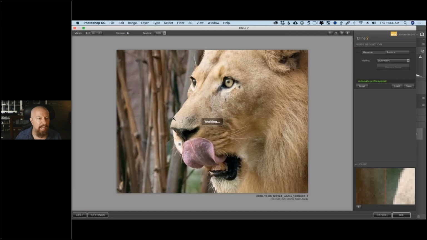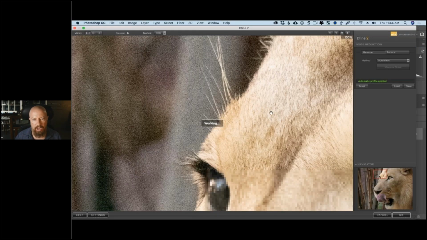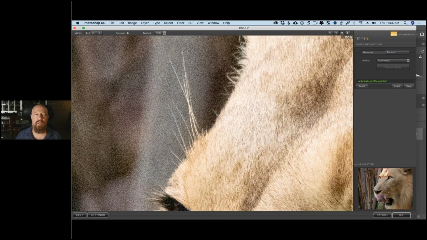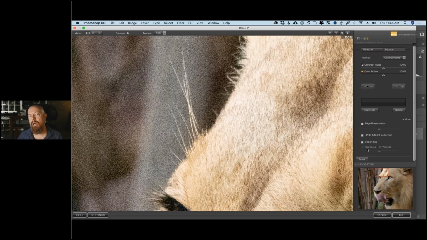Let's zoom in and take a close look at what we're getting on the background and on the fur. Looking pretty good. Oh, I forgot an entire extra palette in here, which I can show you. When you're in the reduce area, there's a hidden little more button. When you open that up, it has three additional options: edge preservation, JPEG artifact reduction, and de-banding. Edge preservation is going to be very useful for this photo, and that is basically edge protection for things like this little strand